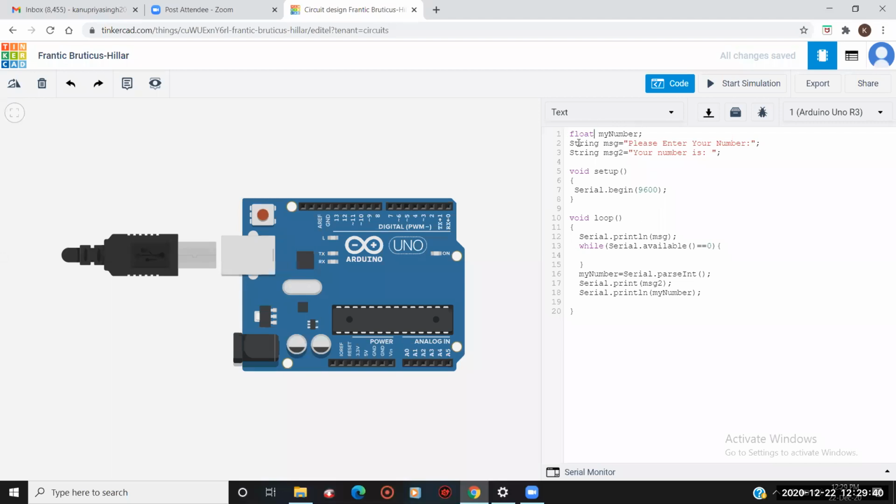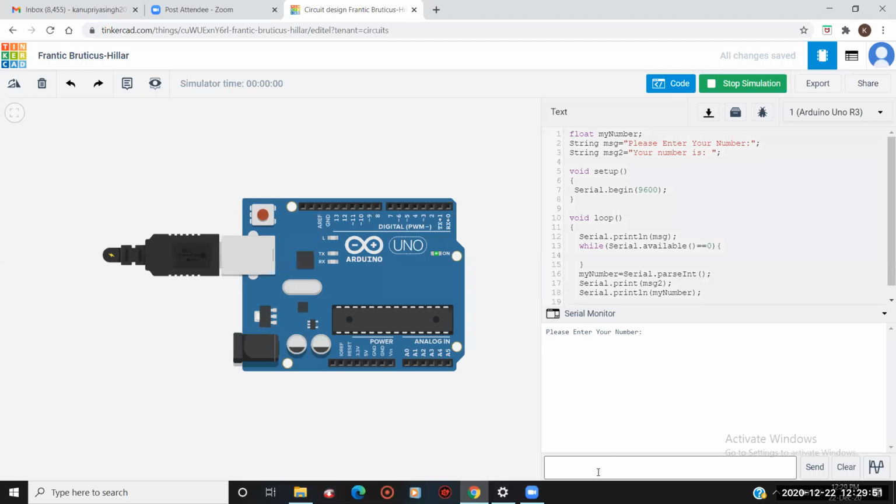Okay, so here I have changed that, but first just check whether it is working or not. Okay, it is asking me, please enter your number. Now I am entering 45.4. Sorry, 45.4. Okay, now I am sending. What is happening here, guys? It is showing the numbers in decimal form, but it is not showing the number that I have entered, right? Why is it happening?